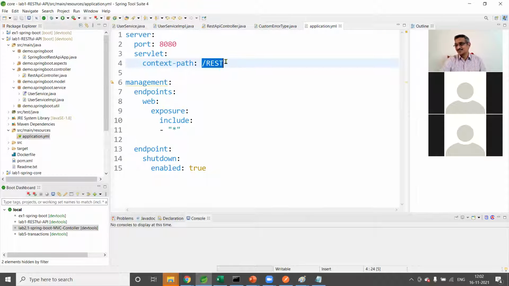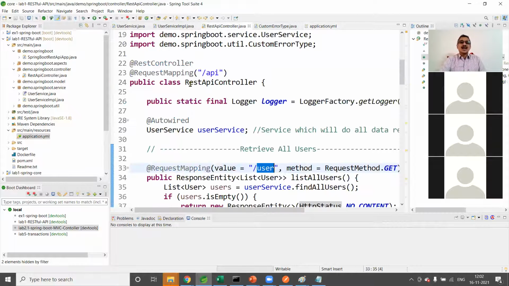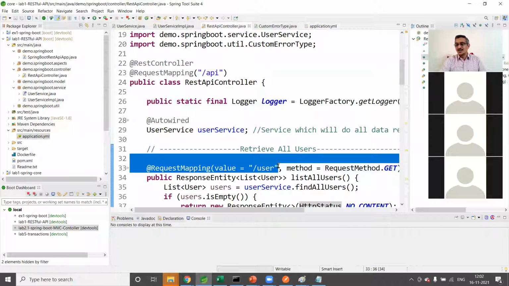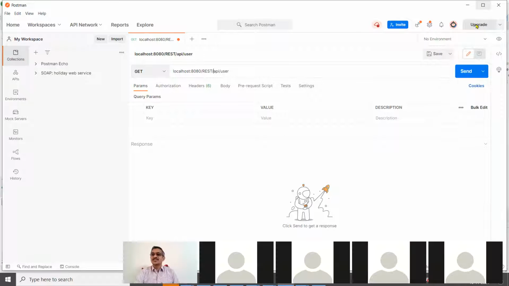This is what you have to observe. So now what is the URL, what is the endpoint? localhost:8080/rest/API/user. So that we need to try here. So /rest/API/user, then try with Send.